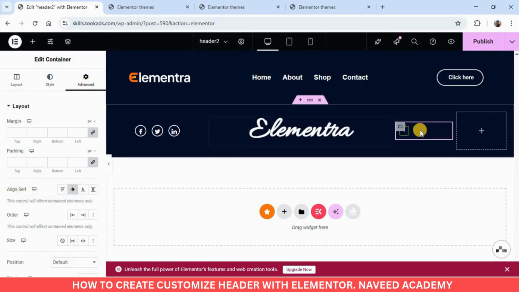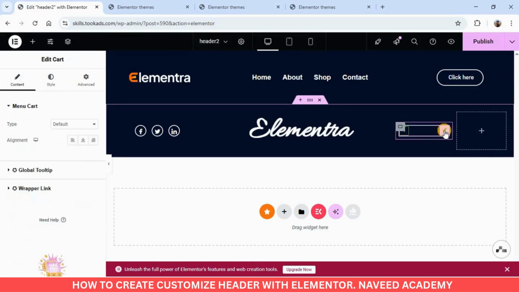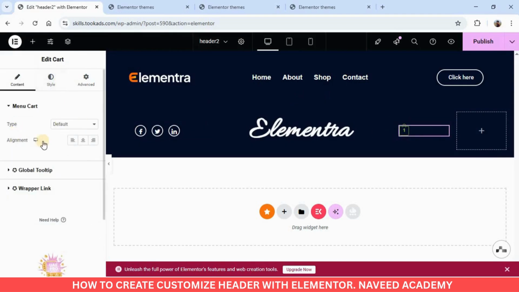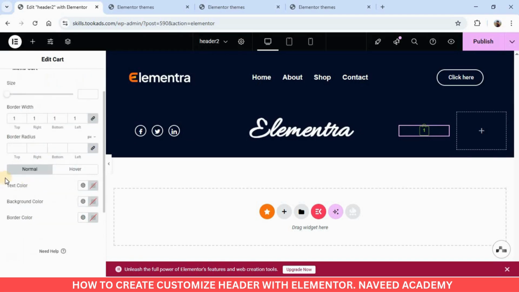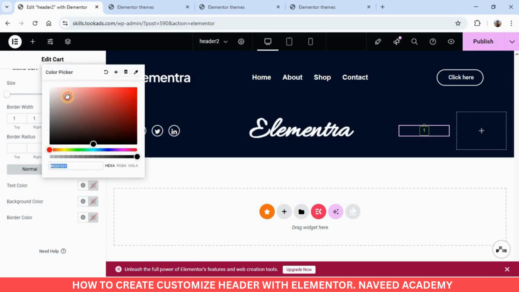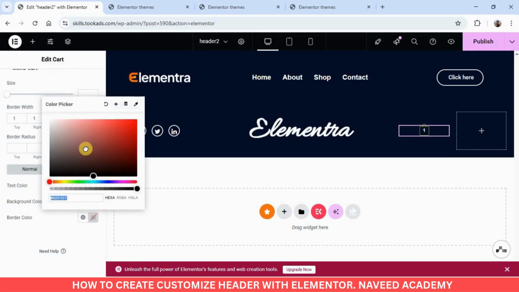Then click here on this pencil icon and set the alignment to center. After that, go to style and go to text color and set the text color to white. Then go to border color and set the border color to white.